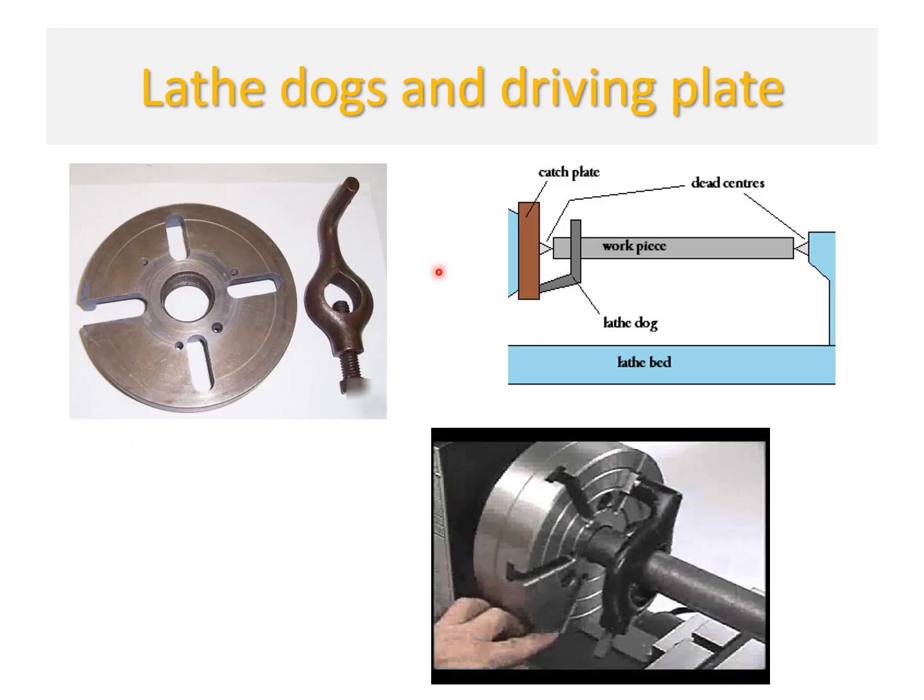Lathe dogs, also known as lathe carriers, are clamped around the workpiece and are used to transfer the rotary motion of the machine spindle to the workpiece. For example, here you can see that this is the lathe dog and it is attached to the spindle of the machine. Now what it is doing is transferring the rotating motion of the spindle to this workpiece, which is held in between the centers of the lathe machine.